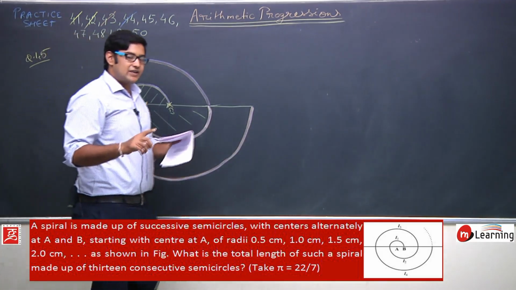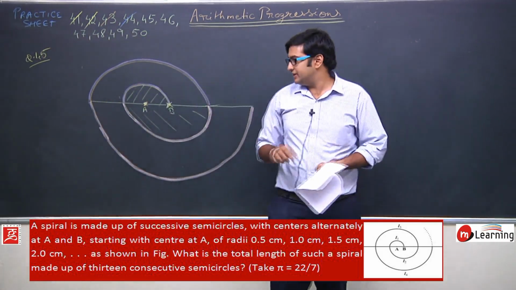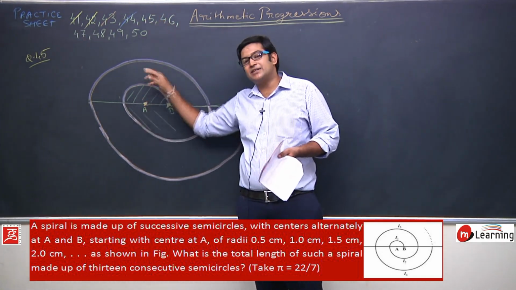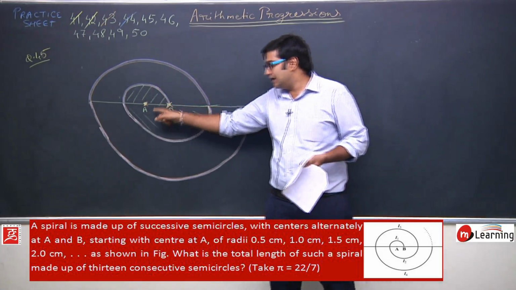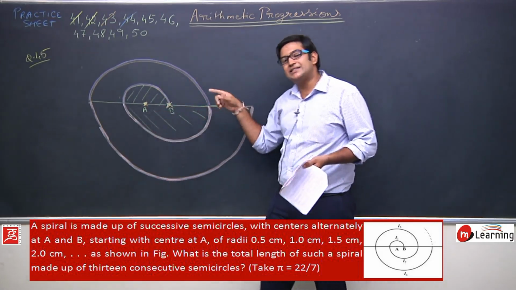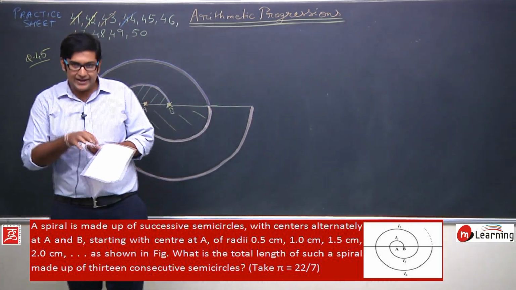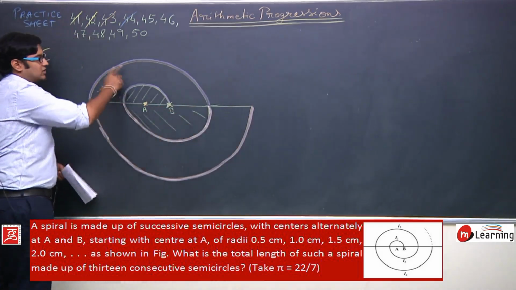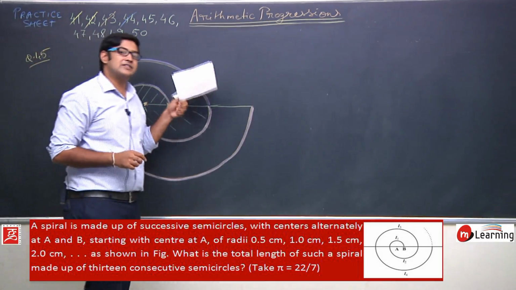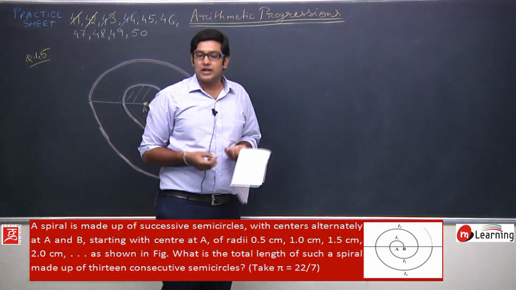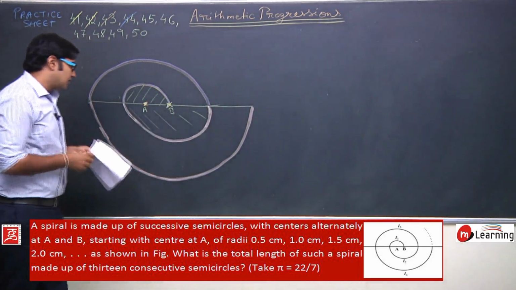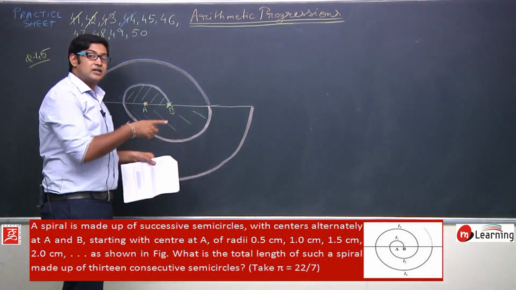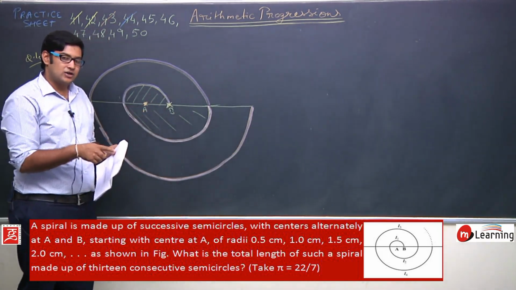So can you see the difference between these four semicircles? The upper semicircles are drawn with A as the center, and lower semicircles are drawn with B as the center. Or I can see the color of the chalk: for the semicircles with B as the center it is pink color, and for the semicircles with center as A it is the purple color. Okay. So here I need to calculate, and it says one more thing, that the semicircles are drawn starting from